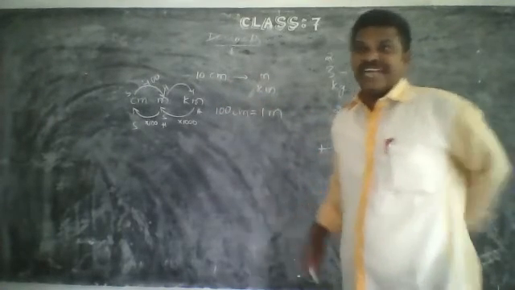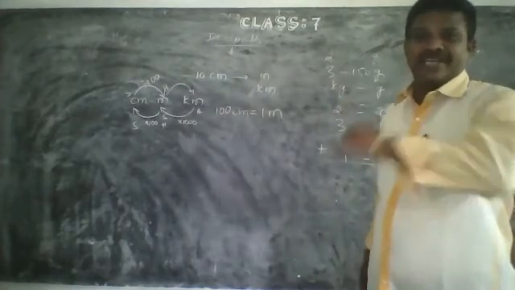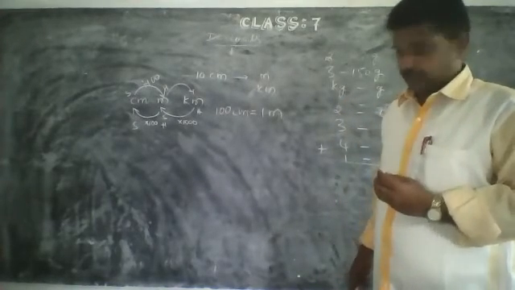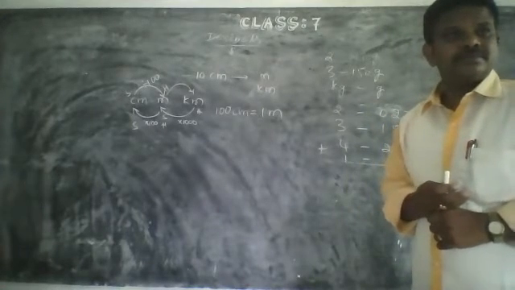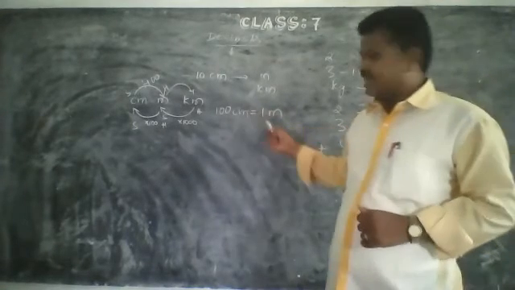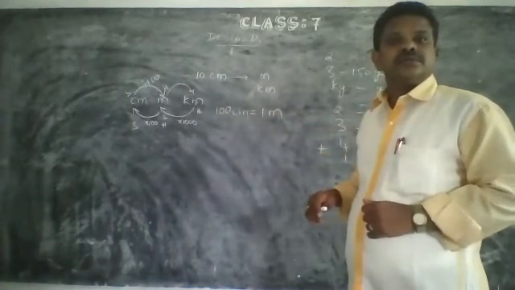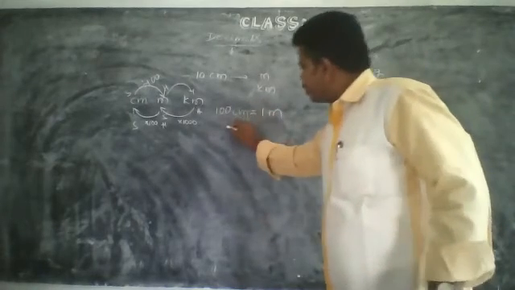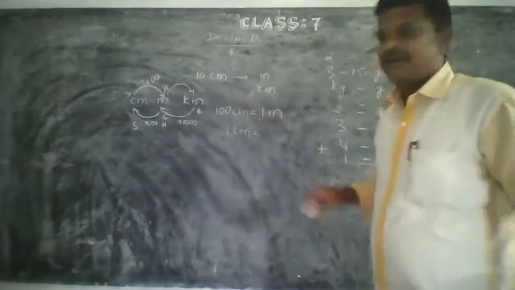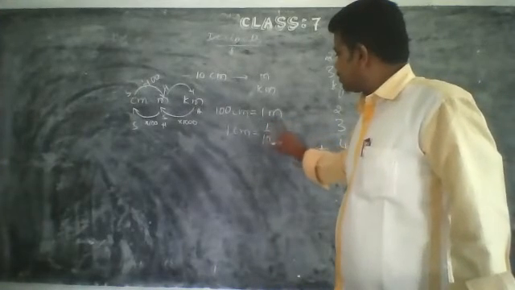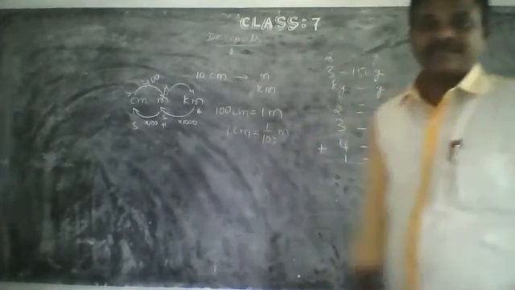In order to show the 10 centimeters in meters and kilometers, we need to know first how many centimeters are in 1 meter. How many centimeters make 1 meter? 100 centimeters. And what about 1 centimeter? 1/100th part of a meter.